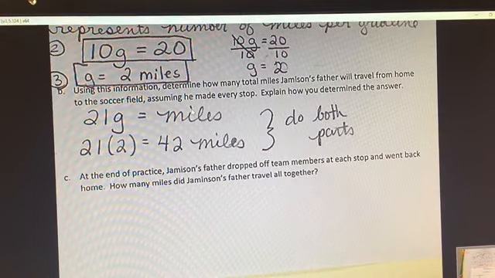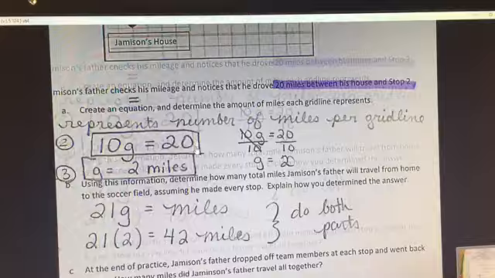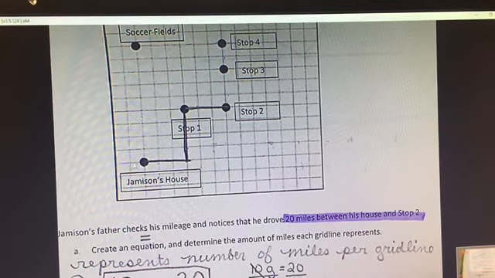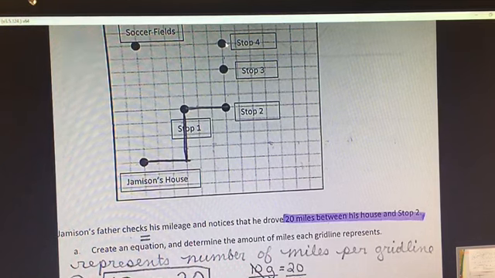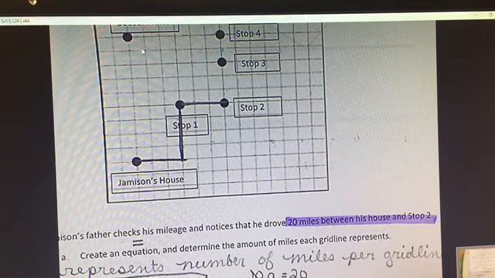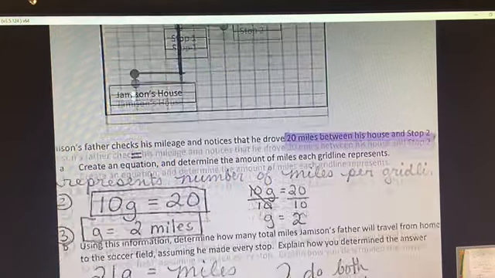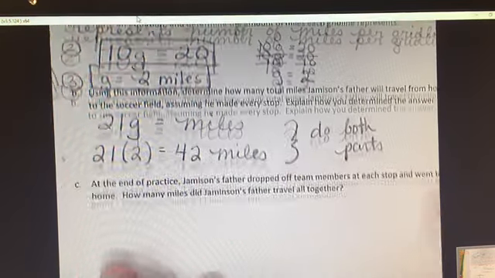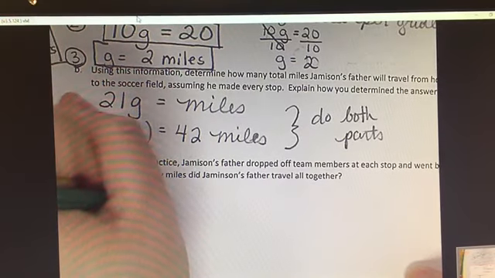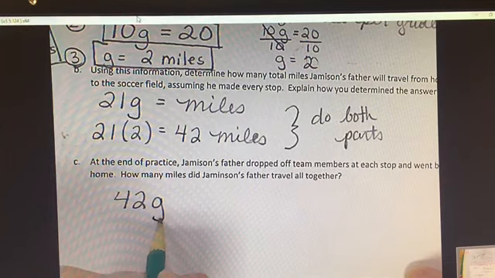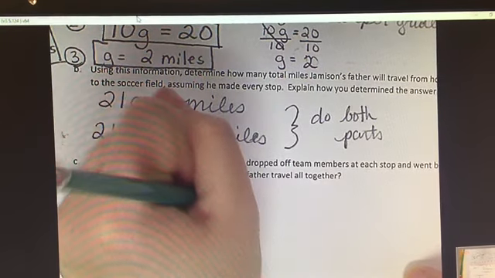Okay? And it says, at the end of practice, Jamison's father dropped off team members at each stop and went back home. How many miles did he travel all together? Well, you can go back through and count all the grid lines, but we know from Jamison's house to the soccer field was 21 grid lines. So if Jamison's father is going to drop them all back off, he's going to go the same way, which is another 21 grid lines. Okay, which means he went for a total of 42G,